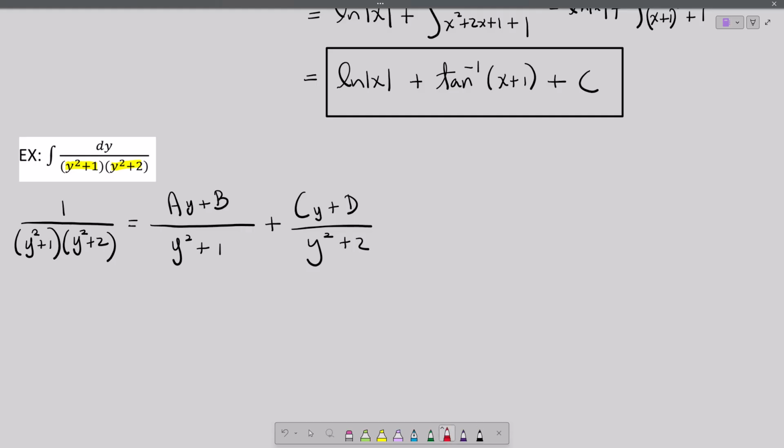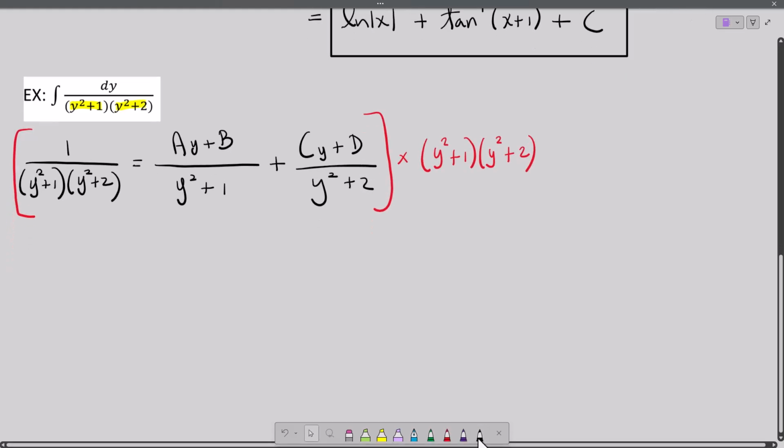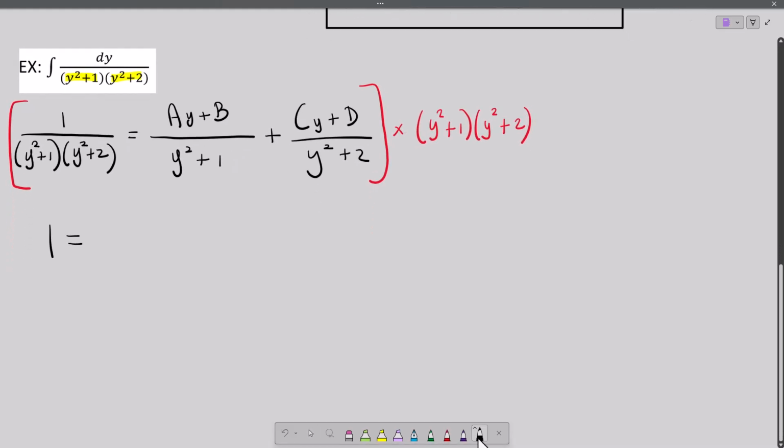And then we're going to multiply both sides of the equation by the denominator on the left. So when we do that multiplication, on the left we end up with just 1. On the right, this double product here has to go to each of these fractions. When it multiplies to the first fraction, the y squared plus 1 cancels, and we're going to be left with